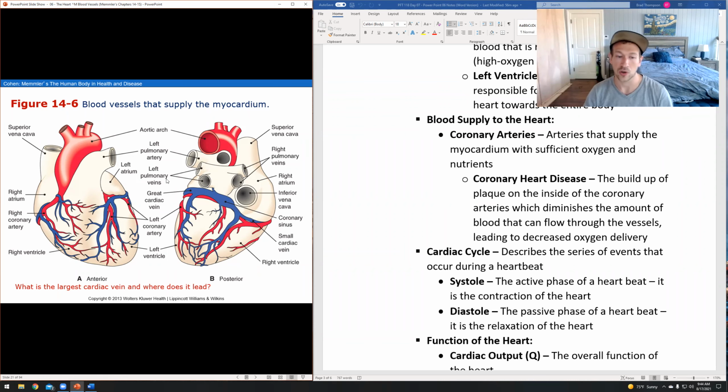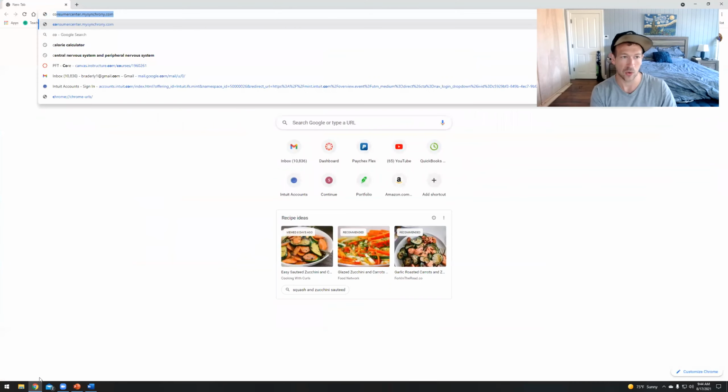And so those are your coronary arteries. These are the blood vessels that deliver oxygen to the tissues that keep the pump alive. And so that's where we talk about coronary heart disease, that's the buildup of plaque on the inside of the walls of these blood vessels, where we diminish that oxygen's ability to travel around. This is what we're talking about when we talk about heart disease, what causes heart attacks, right? When we look at coronary